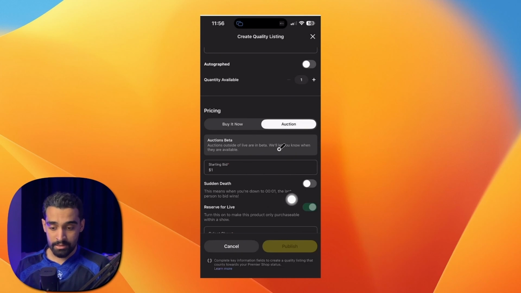The next one is reserve for live. Turn this on to make this product only purchasable within a show. You can actually purchase it on the page of your Whatnot store. So after putting this information and choosing what you actually want,